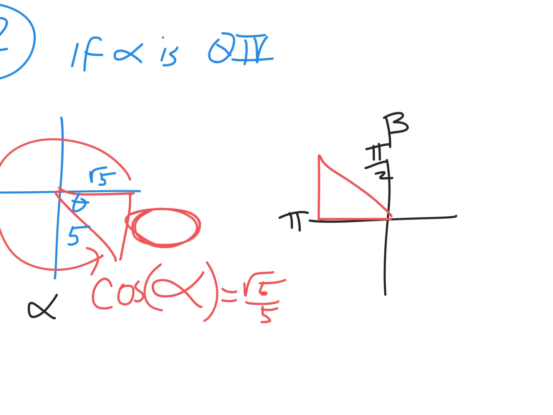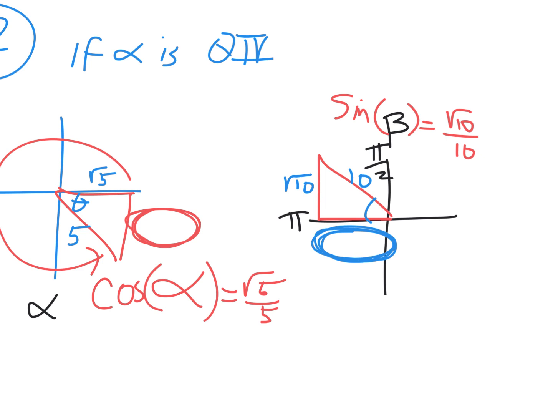And now it says sine of this beta is root 10 over 10. So then sine is opposite over hypotenuse. So from this angle's perspective, it's opposite over hypotenuse of 10. And you'll figure out this third side here, really important. And then whenever you want to finish this question,